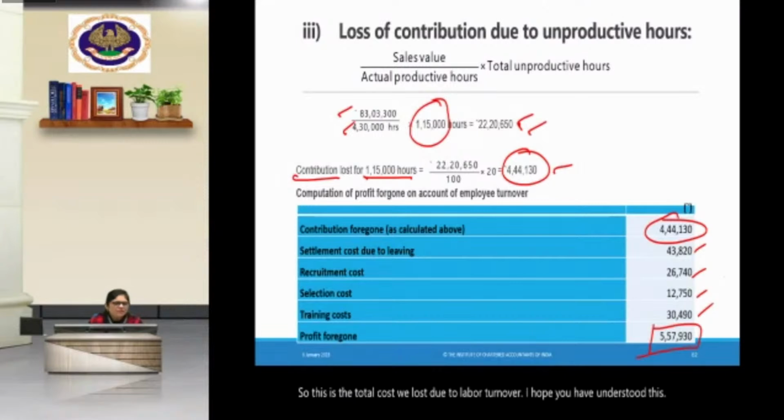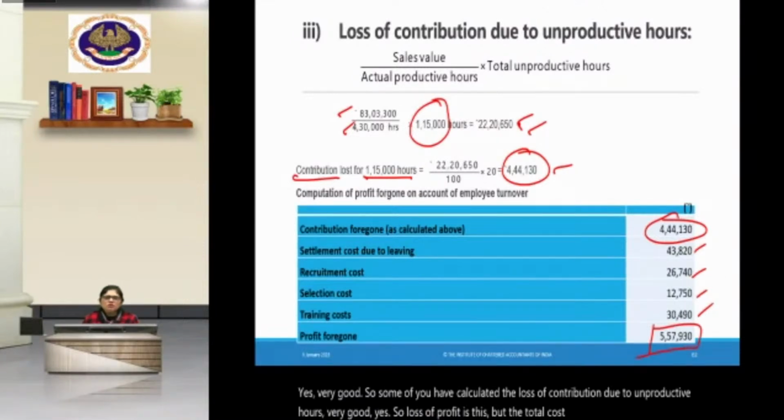No, nothing is given to you for confused. 1 lakh also are the unproductive hours. Yes, very good. So some of you have calculated the loss of contribution due to unproductive hours. Very good. Yes. So loss of profit is this, but the total cost which we lost were the total profit